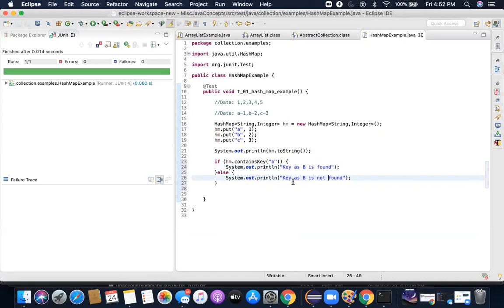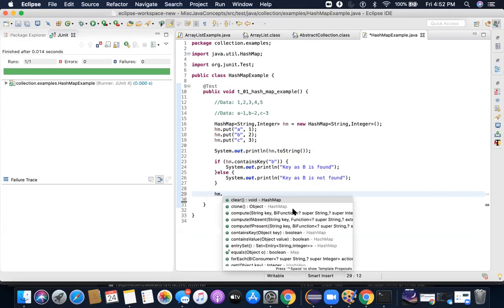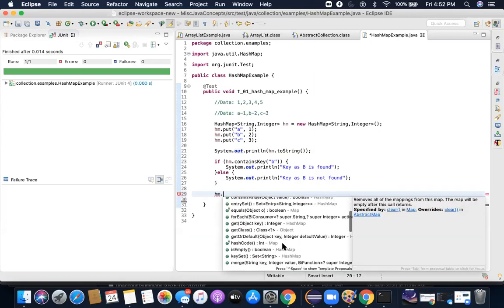So if B is present in the keys anywhere, you can actually find it. So this is one of the use cases of why you will use contains key. If you want to check whether a specific value is present, you can write hm.contains value, right? Now the next item in this would be, let's say, hm dot